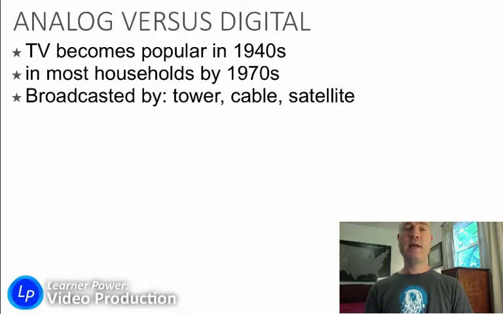All right, television, for most of its history, was broadcast locally by television towers that broadcast signals through the air, and they were received at each person's television. That is still the case. There are still television towers in almost every city in the United States that broadcast signals. Today, those signals are digital.